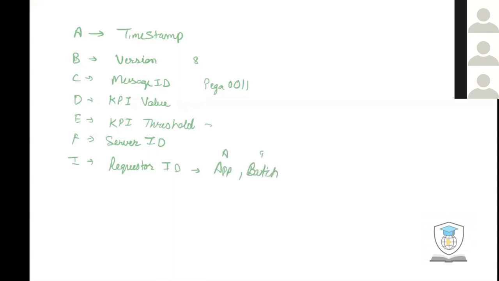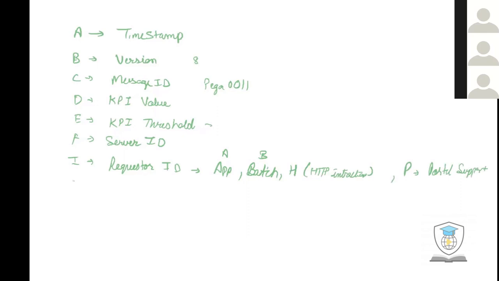A is for application, B for batch, H for a requester used by an HTTP interaction, and P for requester type portlet. Maybe we will have a detailed discussion on these requester types in some other session.